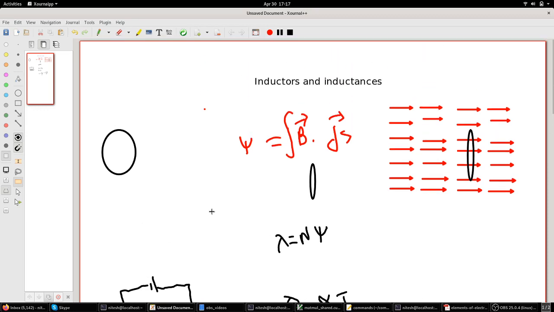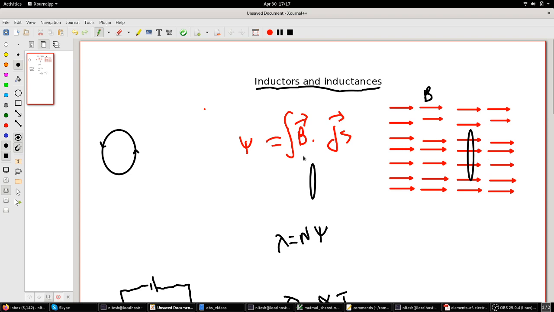So let's start with a new topic, which is inductors and inductances. Okay, inductances. So we know that if we have a magnetic field which is going in this direction, and if I place a current loop, let's just say this is your current loop, in such a way that the magnetic field passes through it,